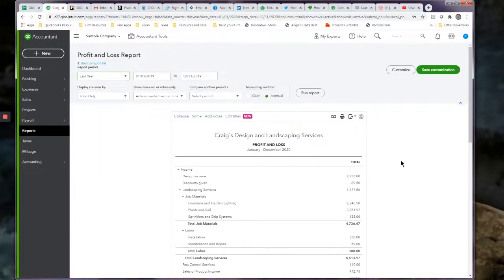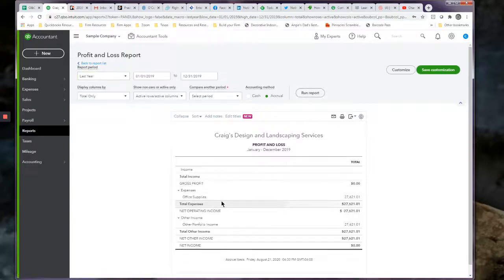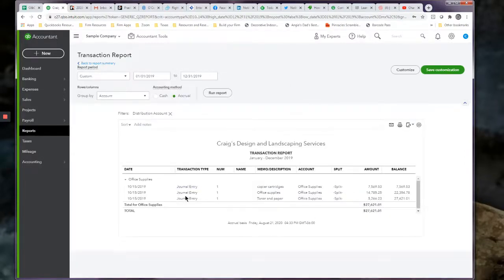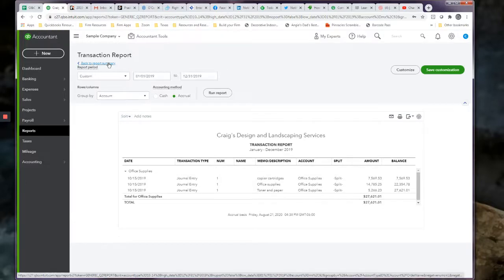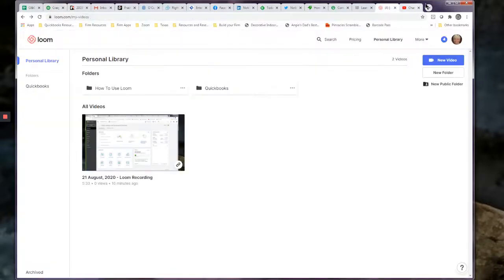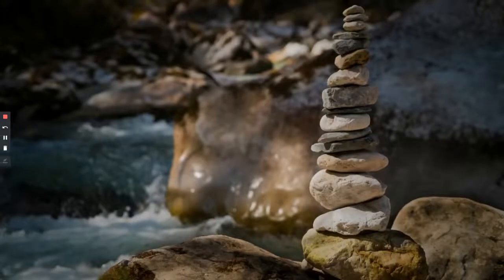Here we go. Now, when you come down and look, we had three accounts here before, now we just have the one account. So all of the transactions got merged into this account. You got all the detail that was in those accounts, so you didn't lose anything. But your P&L can be a lot shorter, your balance sheet can be a lot shorter if you don't have multiple accounts all serving the same purpose with slightly different names. So that is how you merge your accounts so that you don't lose any transactions, but everything else, all the